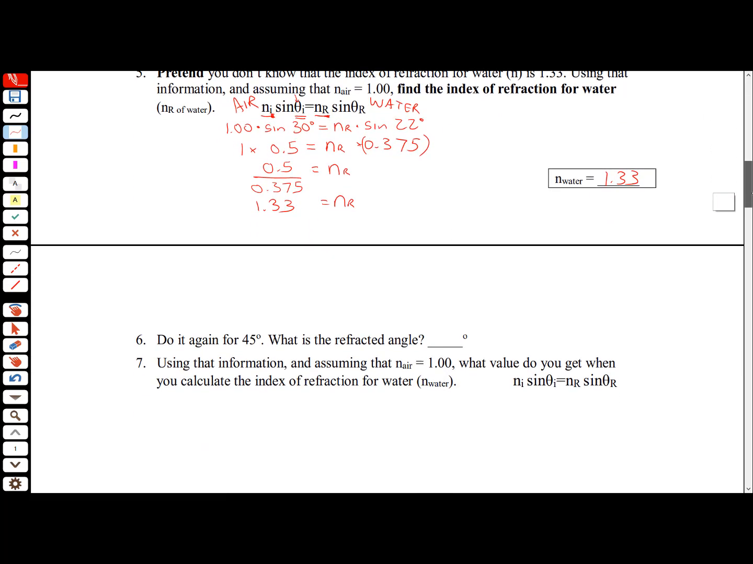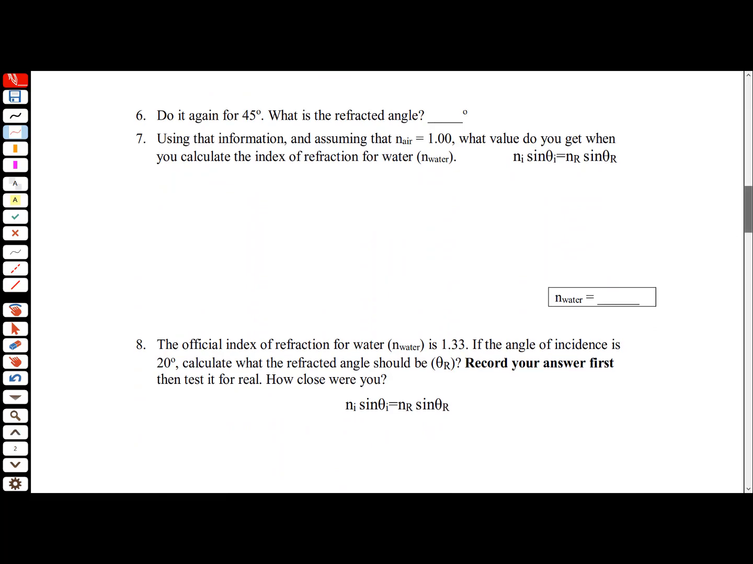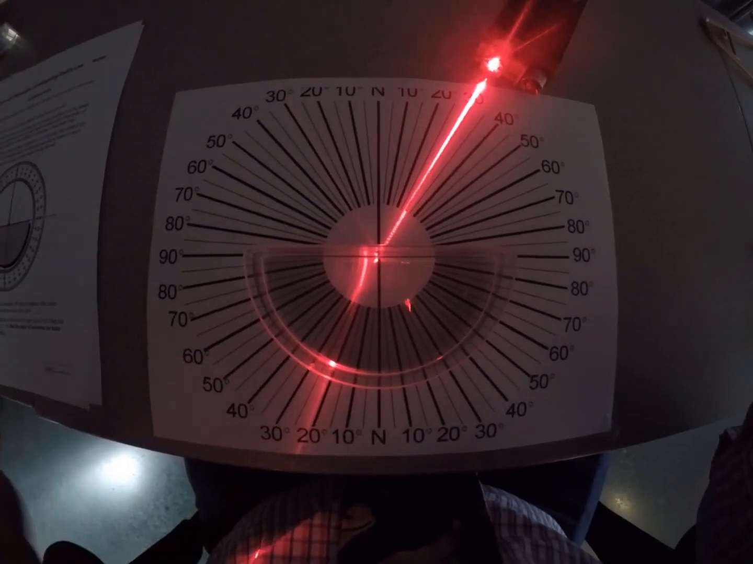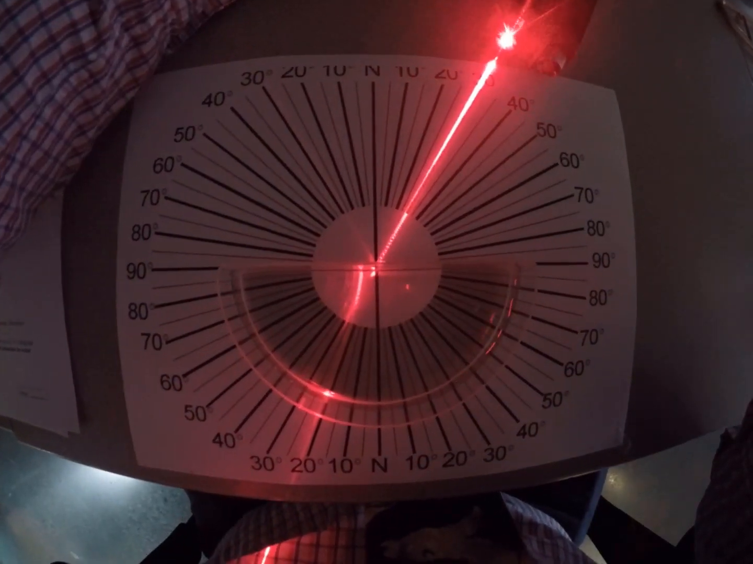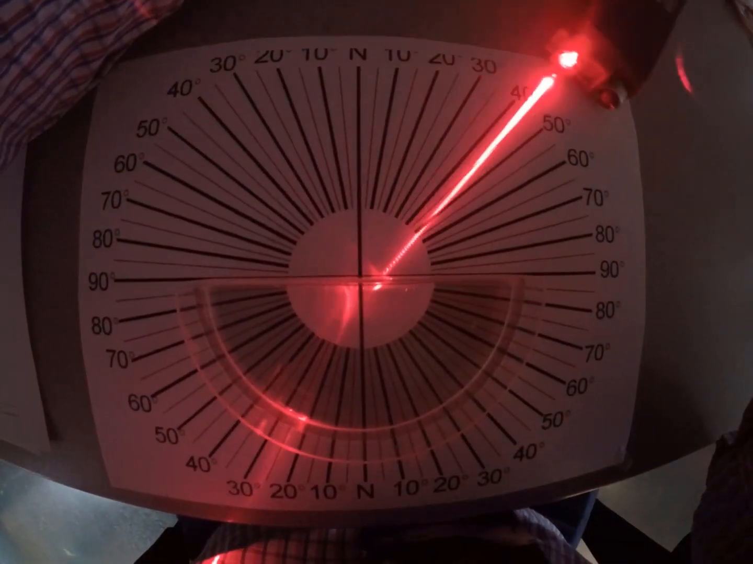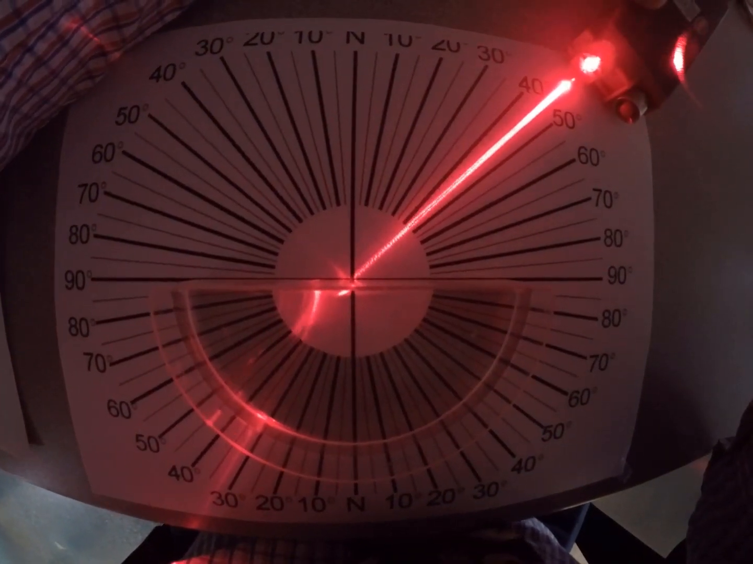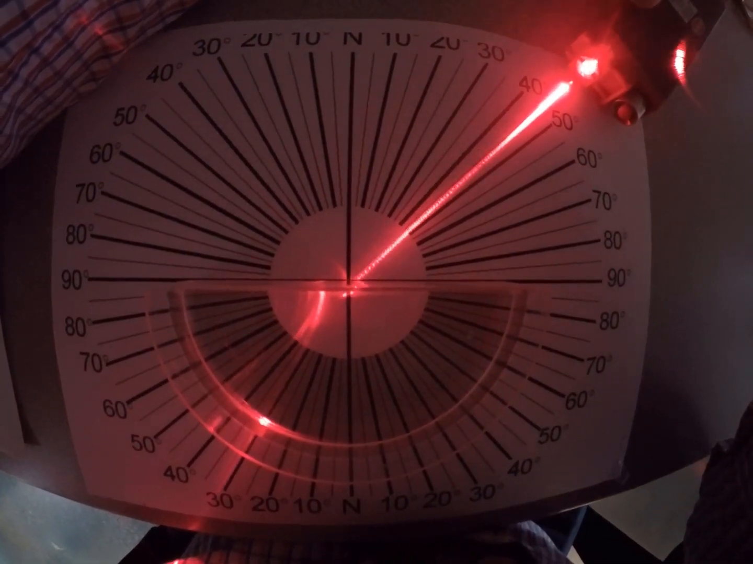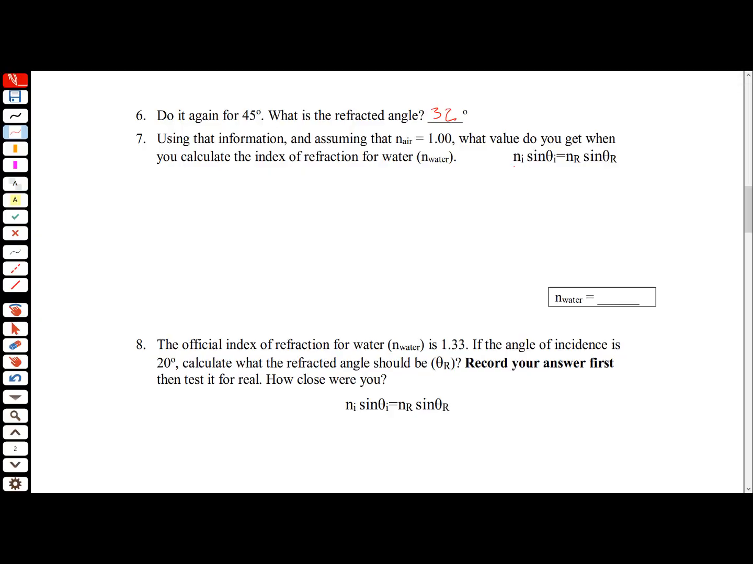We're going to continue on and do that again. We're going to do it for 45 degrees. At 45 degrees, when we did this experiment, we saw that it came out at approximately 32 degrees. And so we're going to use the index of refraction again. So here is our formula, the index of refraction